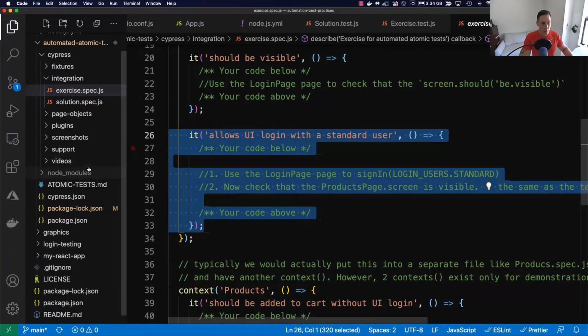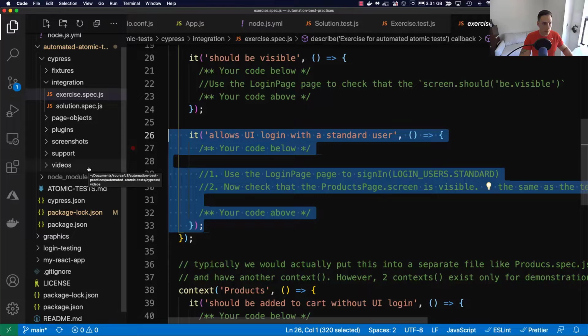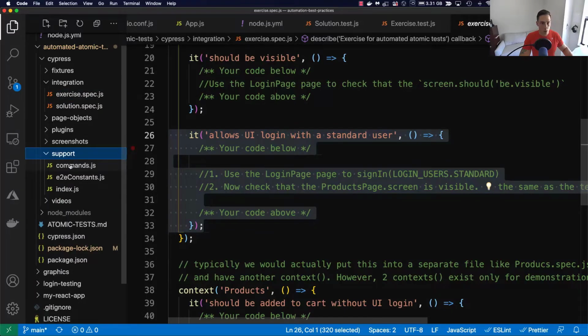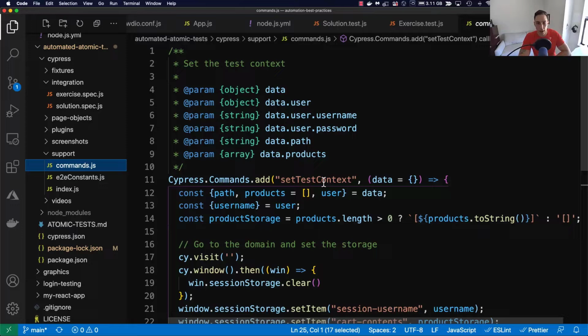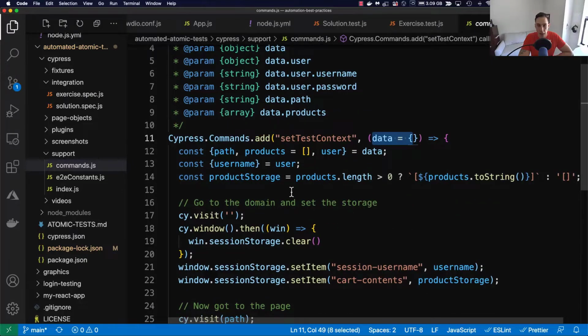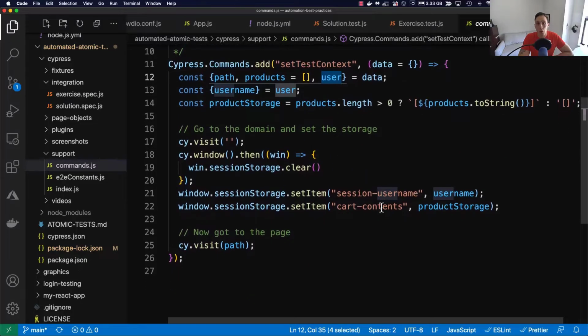So if we come back here to support commands.js, you see here that I've written a function for you called setTestContext. This takes a data object and you can pass in path, products, and a user. So what this method does is it navigates to the URL, then it clears the storage, and then